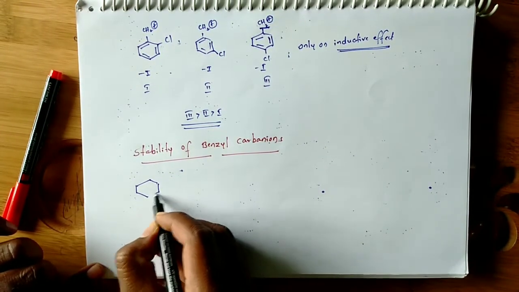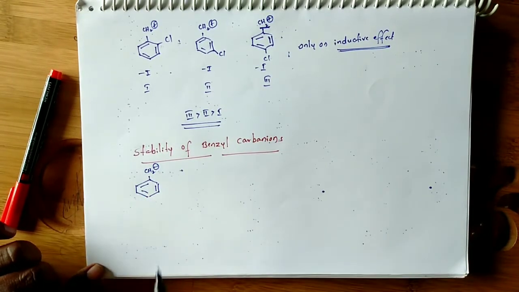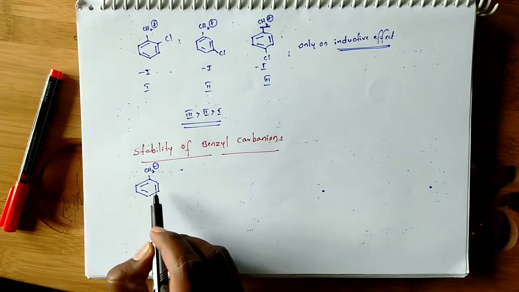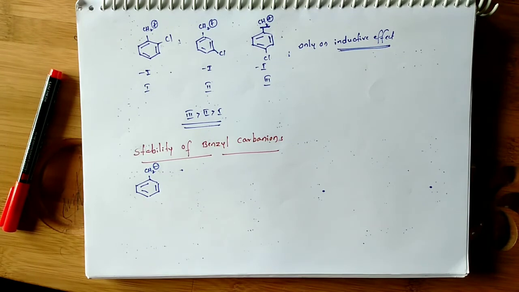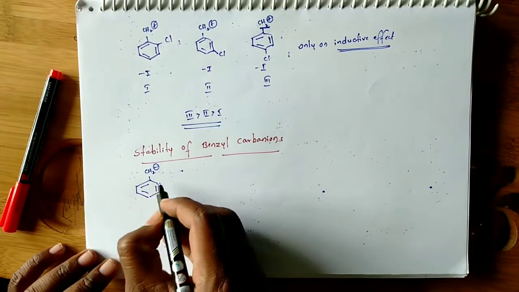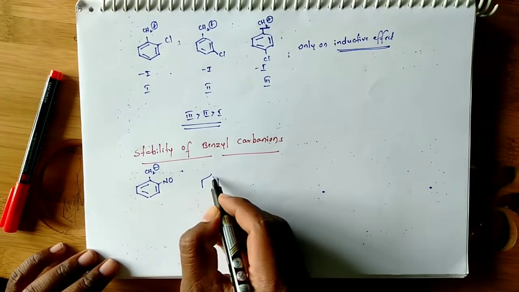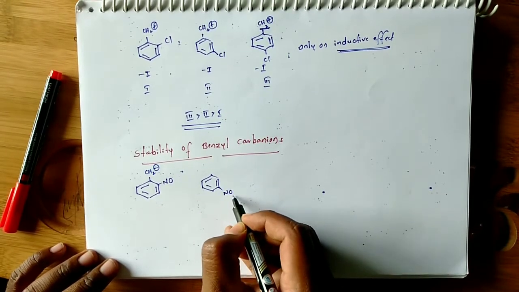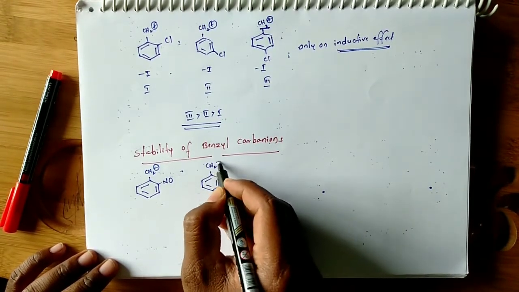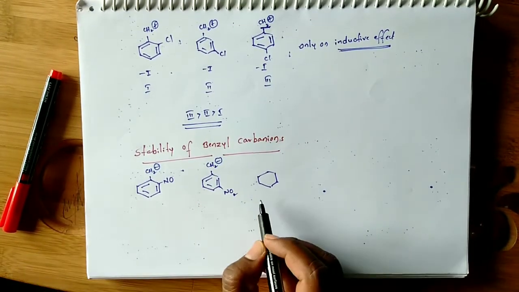Benzyl carbanion can generally be stabilized by a withdrawing group. This is benzyl carbanion. If a donating group is present on this, it will be destabilized. If a withdrawing group is present on the ring, it can be stabilized. Now in the first case I am taking a withdrawing group at ortho position, a withdrawing group at meta position, and a withdrawing group, this is minus R minus I group,